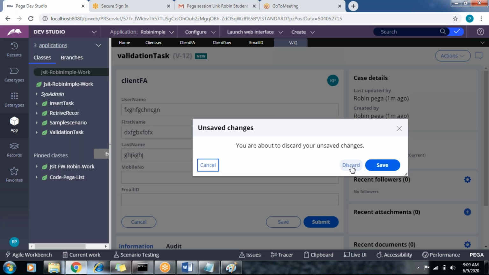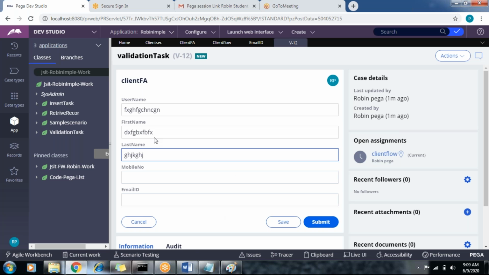Actually, this feature, the submit, cancel, save, is there right here. This feature is added from 7.1 onwards. Before that, this feature is not there. I mean, in the 6 version, there are no cancel and save buttons. After 7.1 onwards, a predefined section is automatically added here. This is a new feature from 7.1 onwards. But in the 6 version, there are no such buttons.